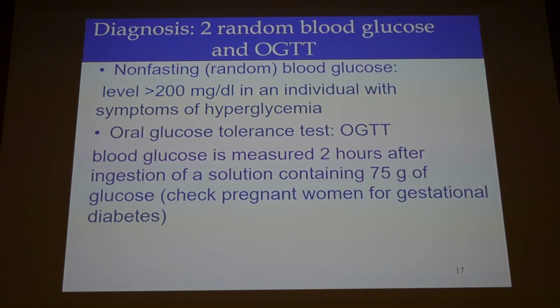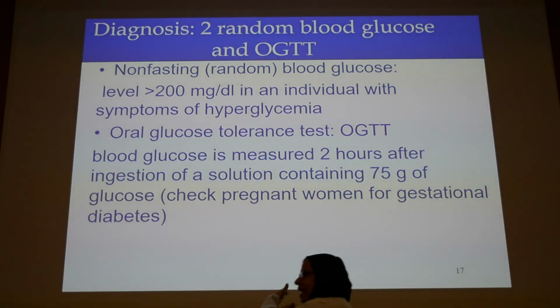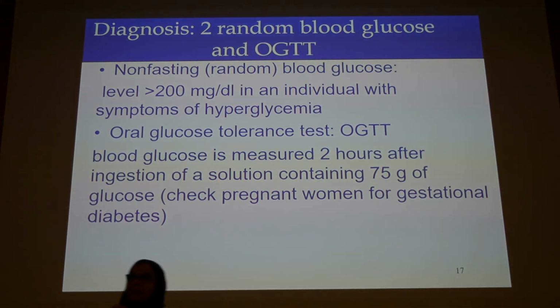Okay, so for the diagnosis, besides the fasting blood sugar and the HbA1c, you can do the random. Random means not fasting. So if a patient comes to the ER with other symptoms and they want to check their blood sugar, this is called the random blood sugar. It could be high just because they have just eaten, but if it is abnormally high, above 200, it might indicate that the patient has diabetes, but you have to repeat the test when the patient is fasting.